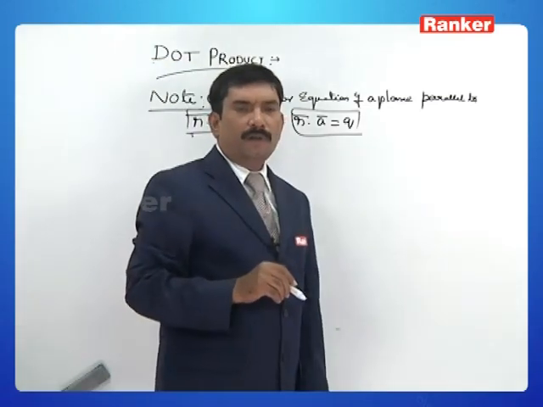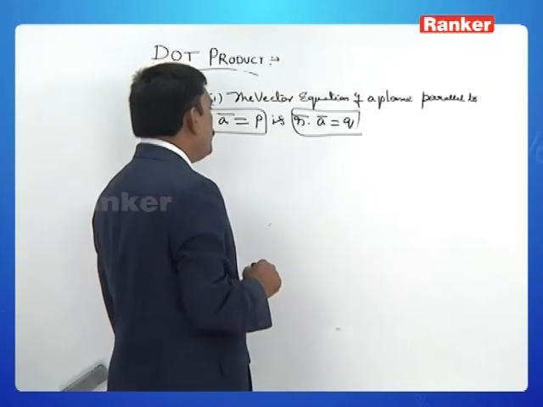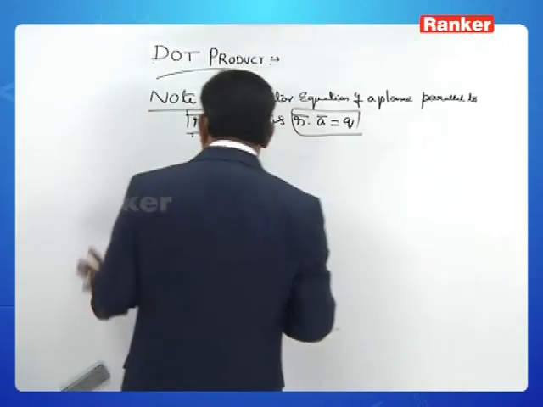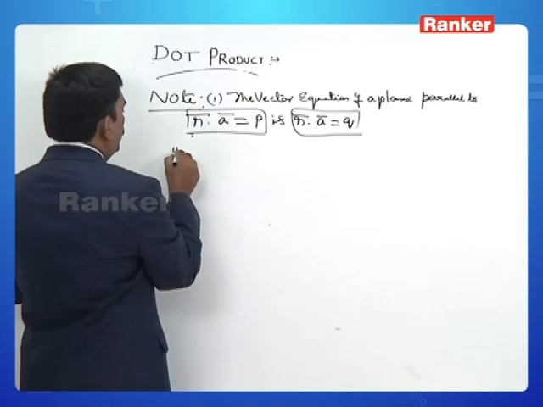Right? r bar dot a bar is equal to p is what? r bar dot a bar is equal to q. If I take in terms of the second one,